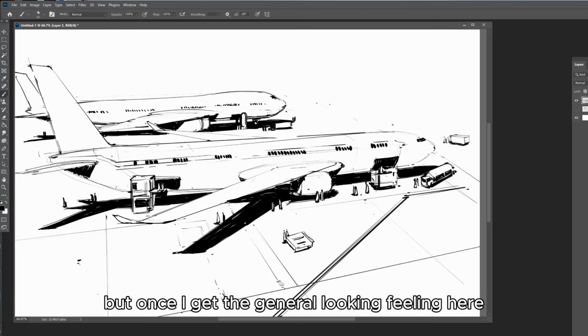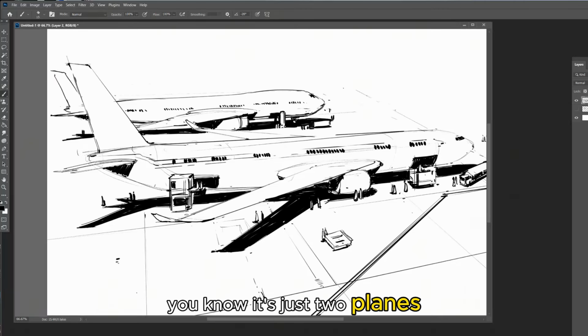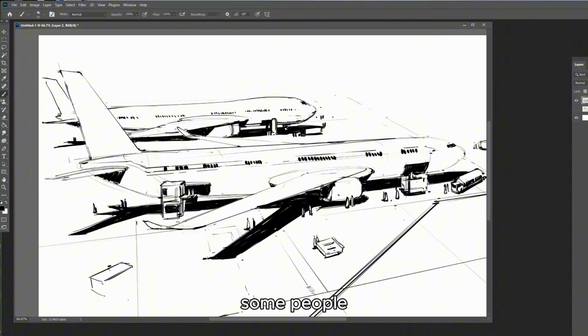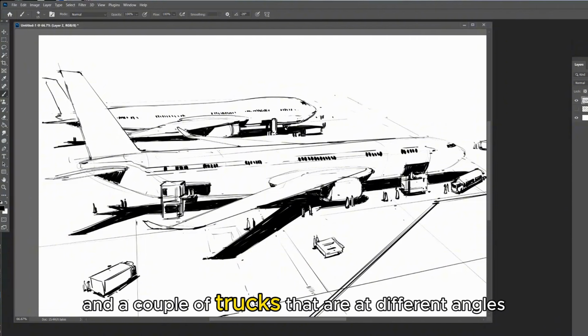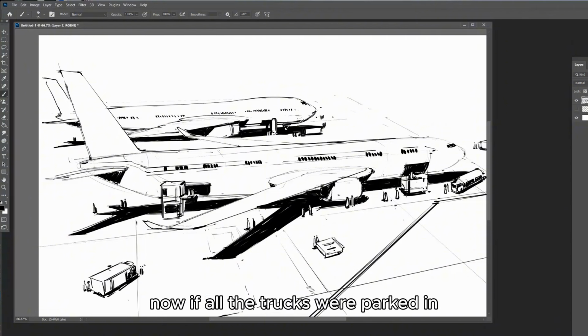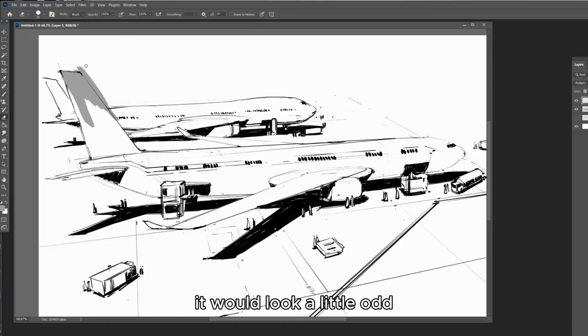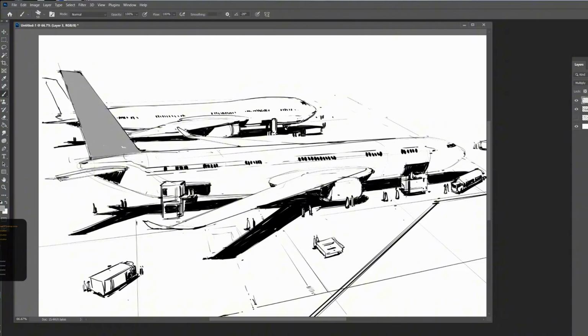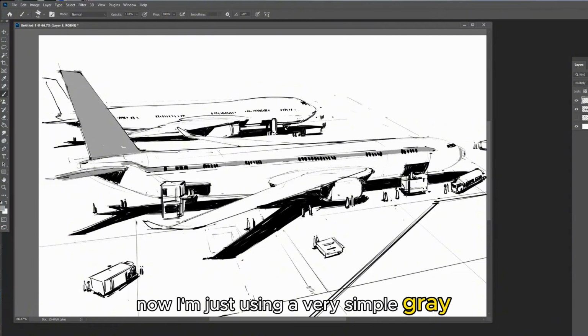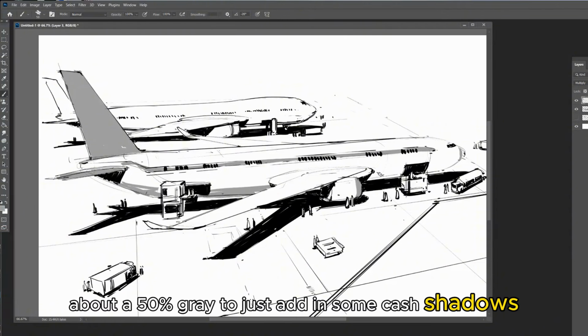But once I get the general look and feel in here, it's just 2 planes, some people, and a couple of trucks that are at different angles. Now, if all the trucks were parked in line with the rest of the planes, it would look a little odd. Now I'm just using a very simple gray, like about a 50% gray, to just add in some